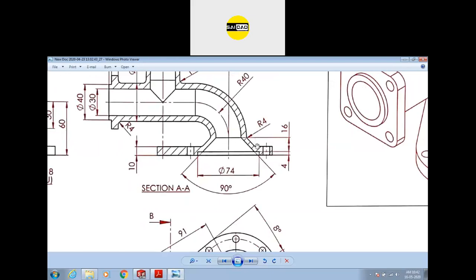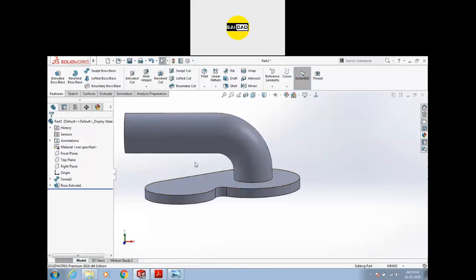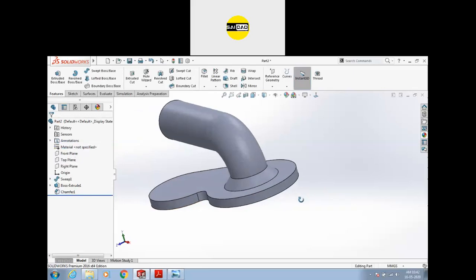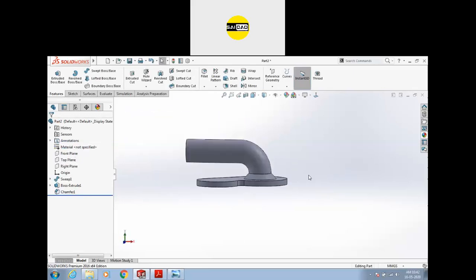So if you see, check from here, this height is 10, so this gap is 10, and there is a 90°, so it will be 10 by 45° chamfer. So we're going to create a chamfer from here directly, select the edges and create a 10 by 45°, and this will be the shape, outer shape.